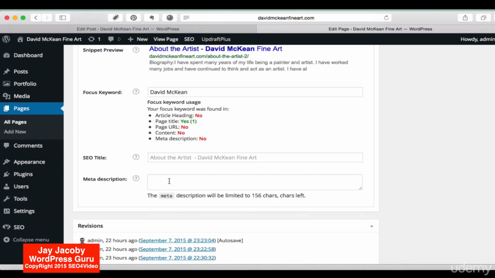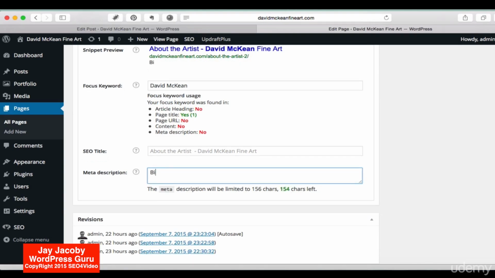And the meta description is something that shows up at the top of the page. It's not available visually on the page. It's actually in the web page code, which you don't see and we're not worried about. But you can type in a little description there. For instance, I'll just say